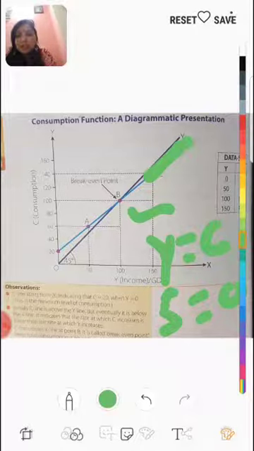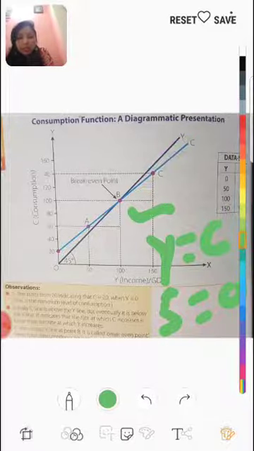This is the saving point. After the equilibrium point, people start saving. Clear? Yes, student. Okay, so the next one is